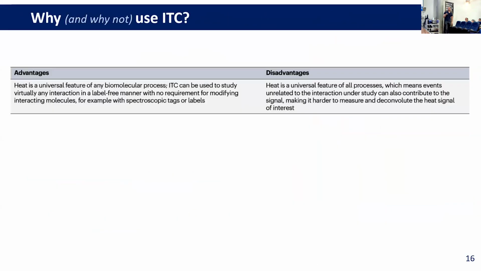So as a summary of ITC, why you may use it. The good thing is that it measures the heat, and heat is universal. So you can analyze everything without the need of labeling, attaching, or whatever, because the heat is going to be absorbed and released in every interaction. However, since it's universal, in your plot, you're going to have also secondary interactions from other unwanted bindings in your system, or precipitations or whatever.